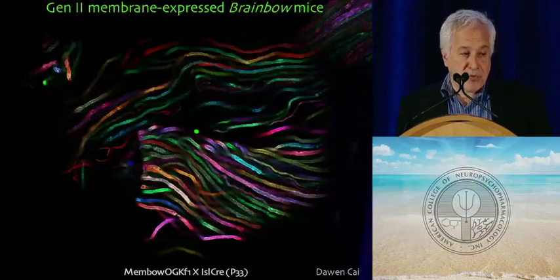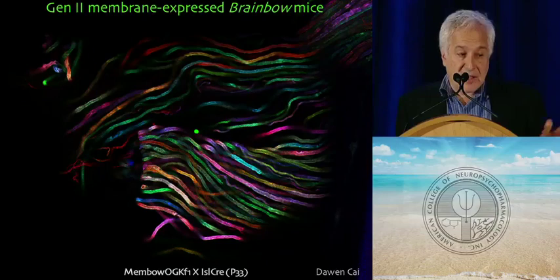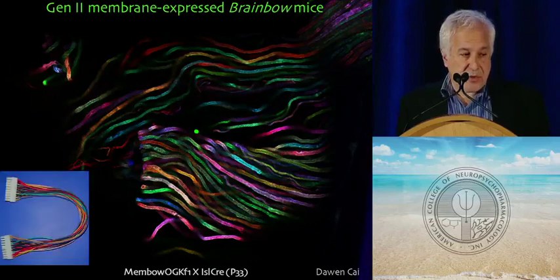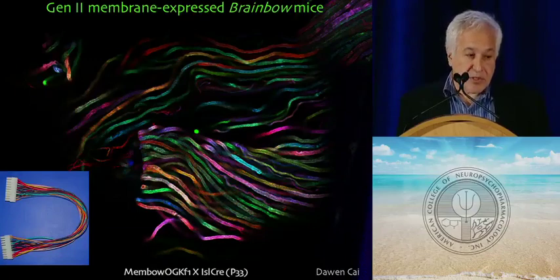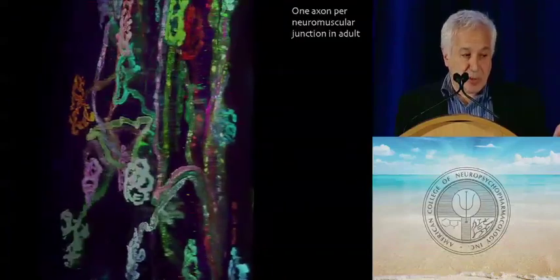Here's an example of these rainbow mice. This is a new generation of them that are brighter than the original ones. Each axon has its own particular color, and that allows you to follow them over very long distances. We did not discover this idea. This idea was first invented by computer scientists trying to figure out how thinking machines work. But it's the same idea, and when you trace these axons out to the periphery and look in a muscle,